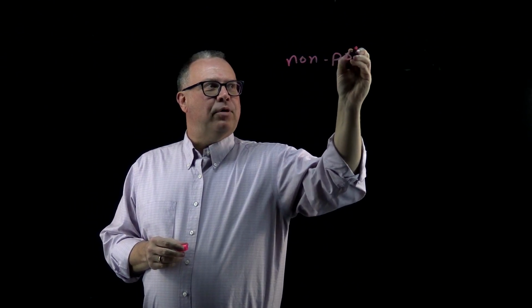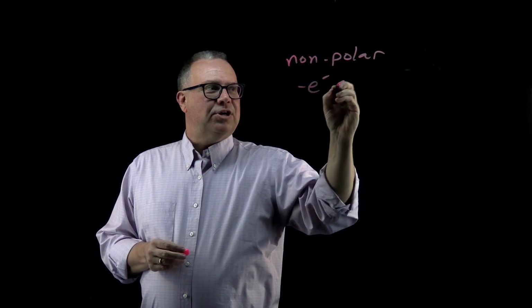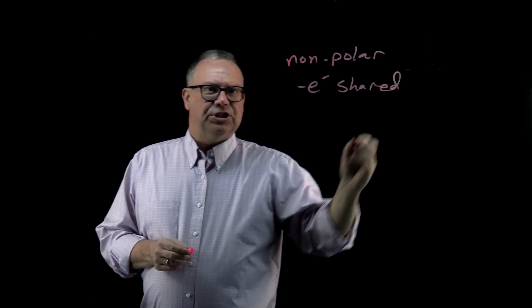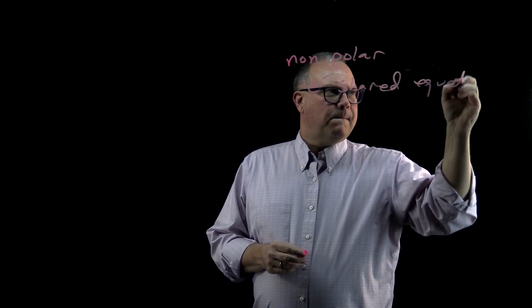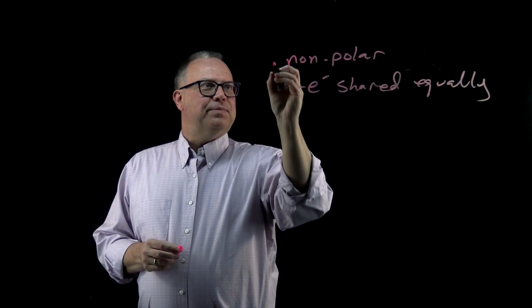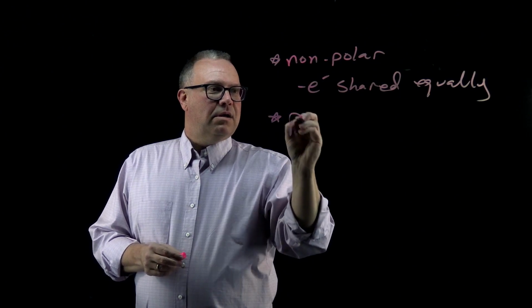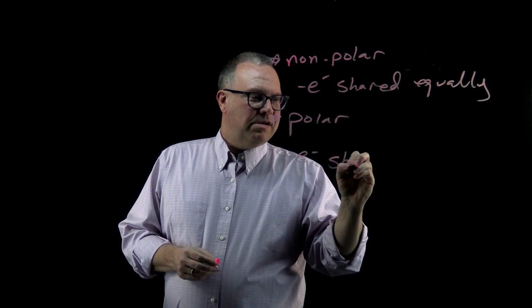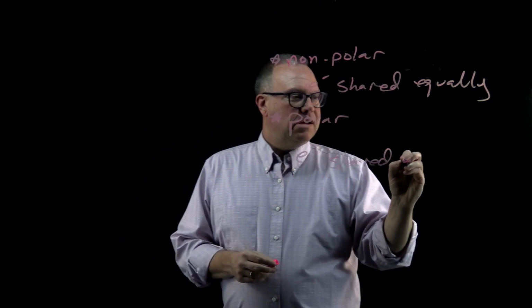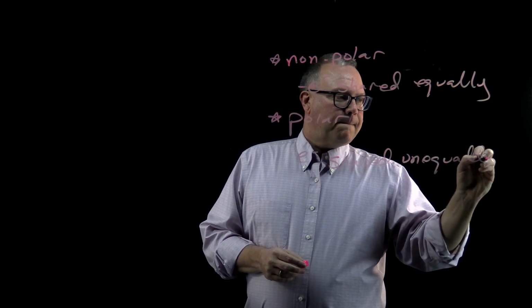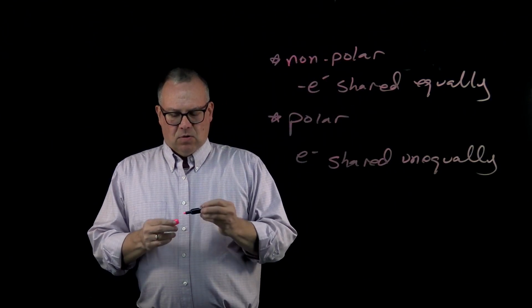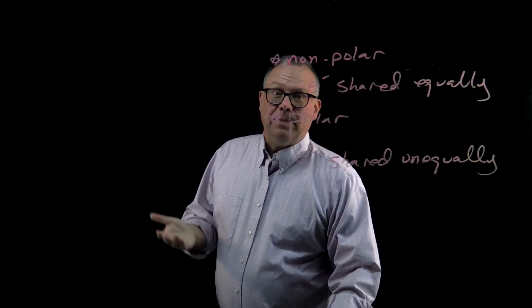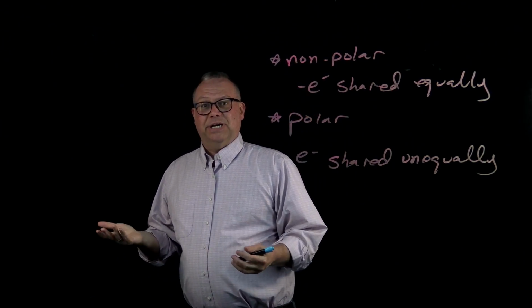Bonds of the covalent sort are non-polar when electrons are shared equally, which means they are polar when the electrons are shared unequally. So a case where you would have equal sharing would be in something like hydrogen,